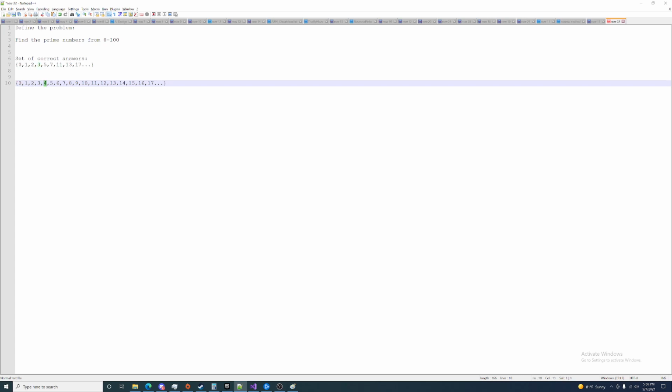Do we know whether 4 is a prime number or not? Well, we can take these previous numbers, and there's going to be 2 times 2, which is equal to 4, and that combination of multiplied numbers will result in 4, so that is not a prime number,